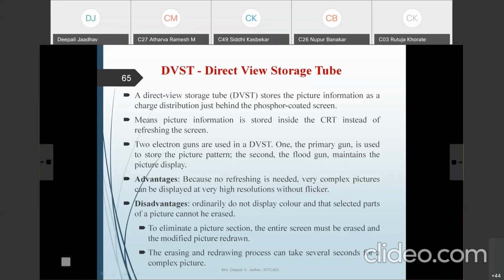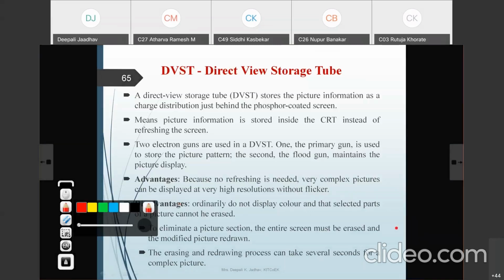But the big disadvantage of DVST is that we cannot display all the colors, and a selected part of the picture cannot be erased. Selected part of the picture means, for example, suppose this is our screen and here some picture is there.